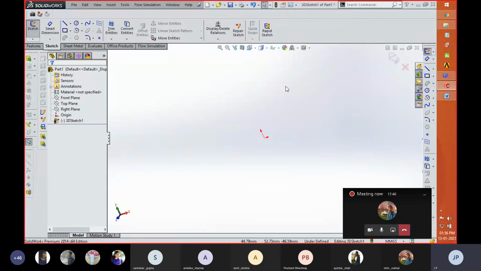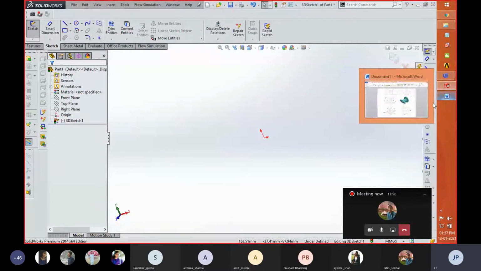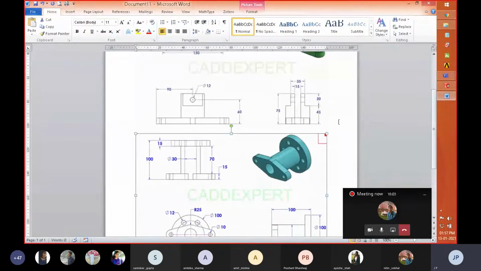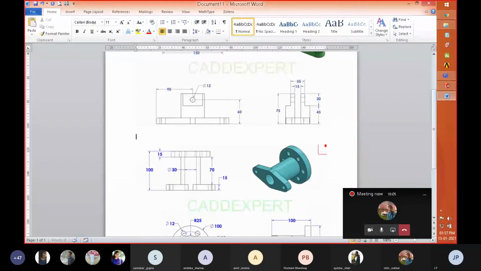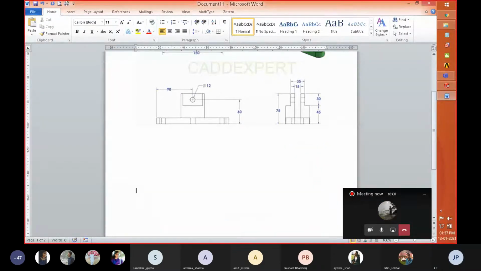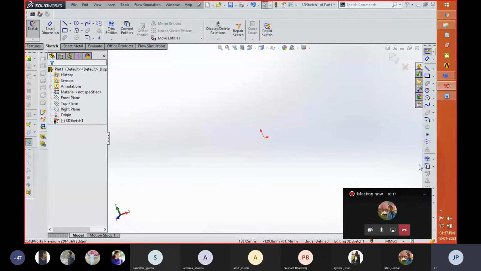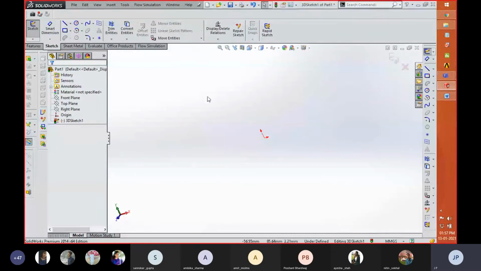In today's session, I'm just going to cover the different 2D tools with the help of which we can create a component. With respect to this, I'm also going to share the diagram which we have to create. So this is the second time actually. So this is the diagram that we are going to create. Before that, I am going to start with the basic settings which are required while starting the modeling of any object.